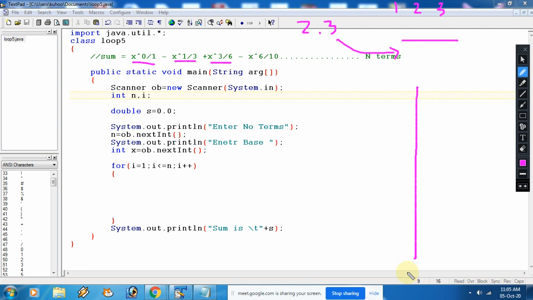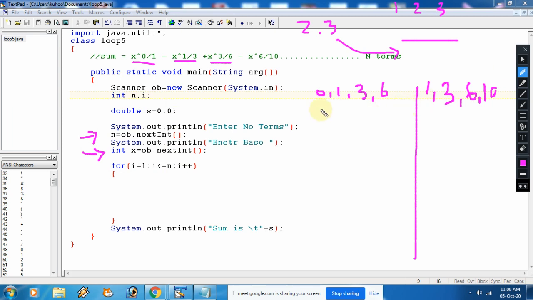So now on the left side I will work for the numerator part. So the first term is 0, then 1, then 3, then 6, like this. And the denominator part I am writing in the right side. So now see that it starts with 1, then 3, then 6, then 10. So what we can do, we have simply put a loop that starts from 1 to number of terms, and we have taken two inputs, that is n and x, where x is your power, right?